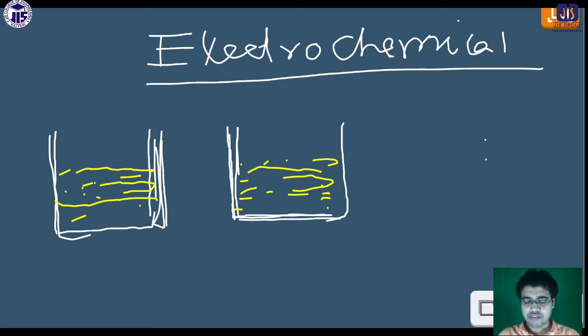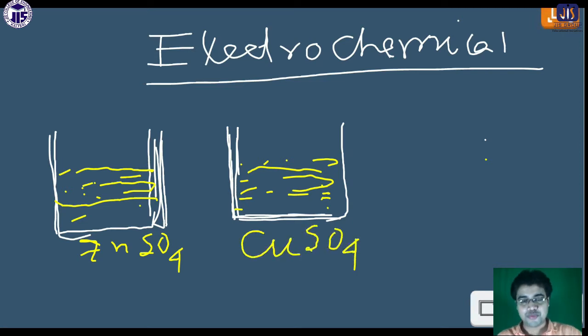Okay, and in the left hand side, suppose we are taking zinc sulfate, ZnSO4, and in the right hand side it is copper sulfate. So there are two electrolytes we are taking. In the left hand side, zinc sulfate ZnSO4, and in the right hand side copper sulfate CuSO4. Okay,